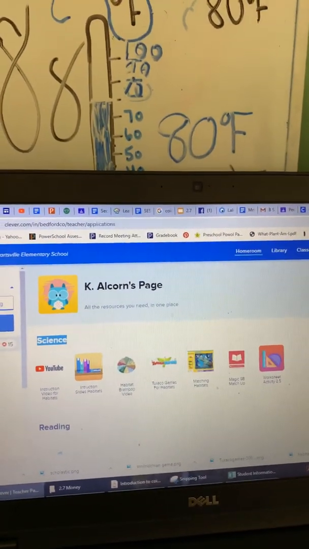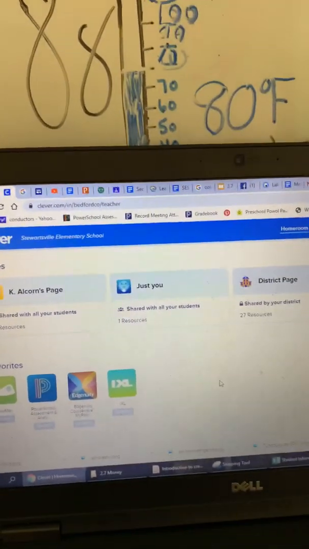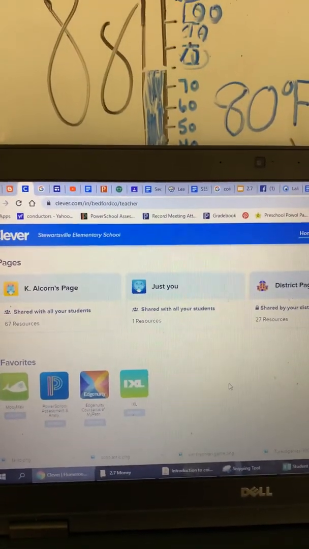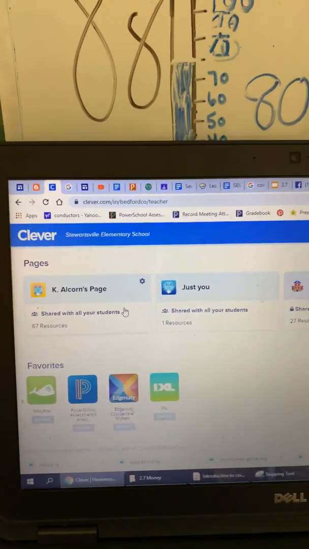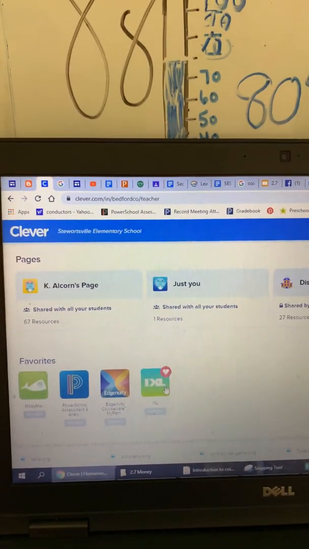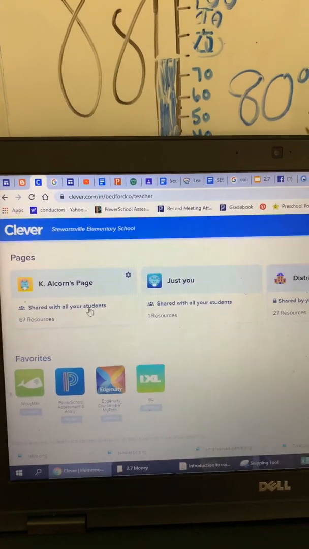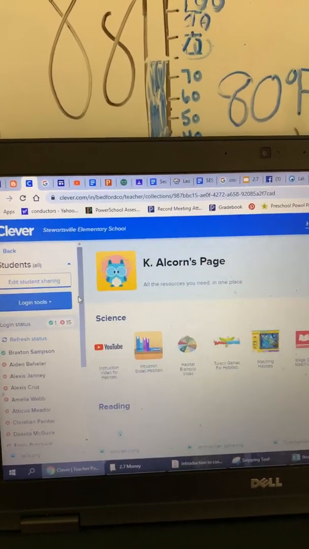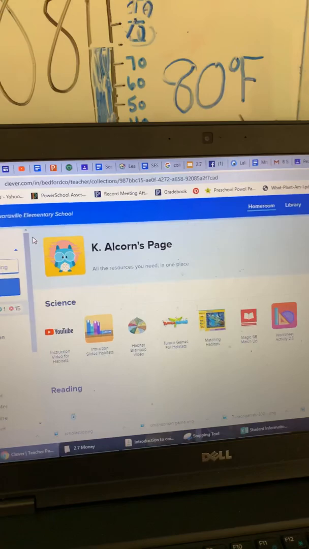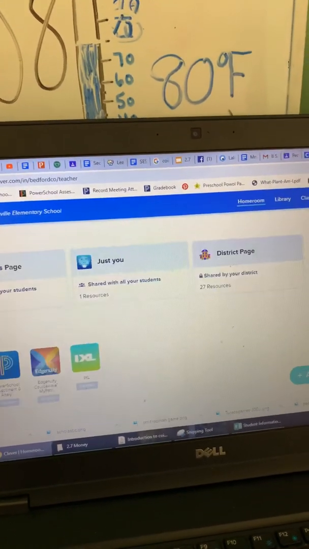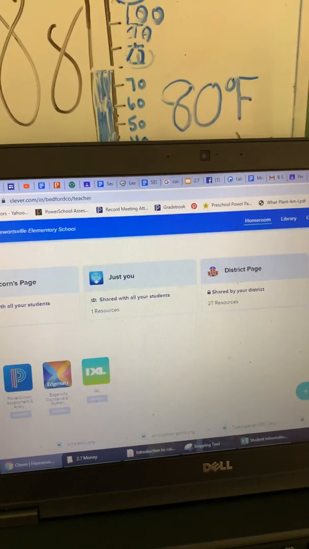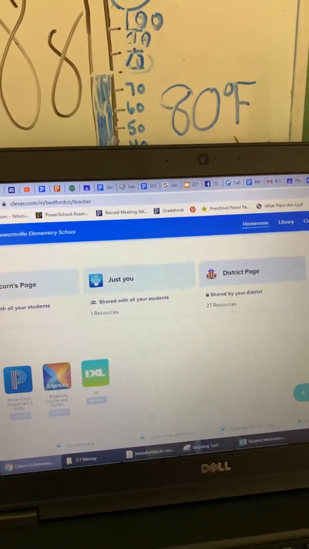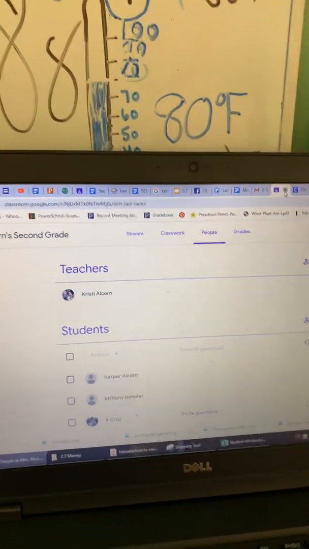And again, what's going to be important to remember here is that Miss Kells will have a page over here, and if it's anything curriculum required, unless it's IXL, you're going to have to click on my page before they can find anything. And again, if you have any questions with that, please let me know. I'm trying to figure out now how I can get into